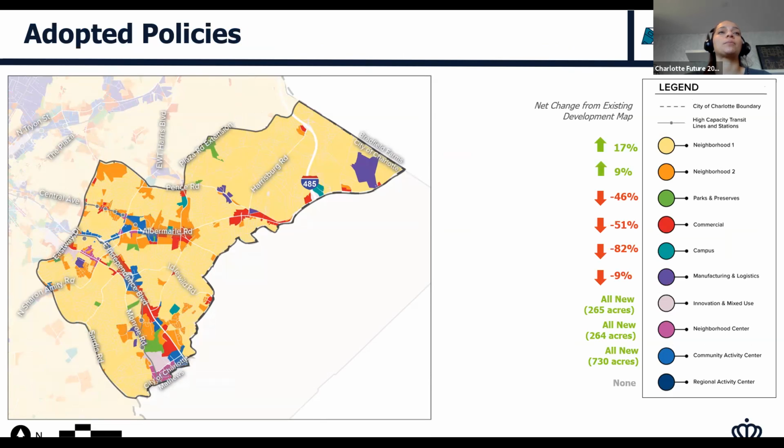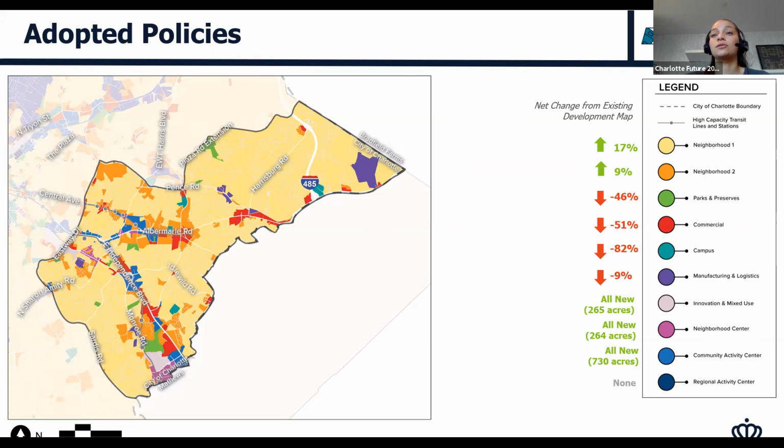When we overlaid the adopted policies, which are the policies adopted from 2010, this is the map that we get. You can see a significant decrease in campus land use, and then a decrease in your parks and preserve, and then your commercial, as well as some manufacturing and logistics. And then we increased the neighborhoods 1 and 2, so your residential uses.